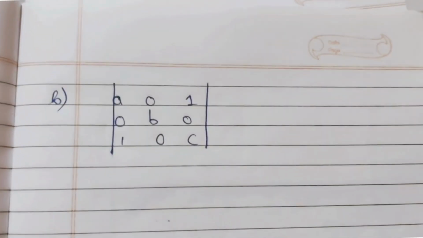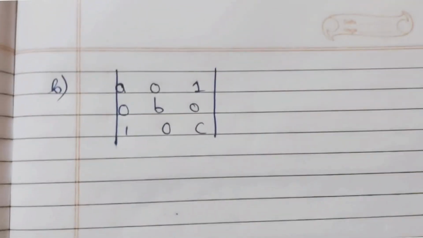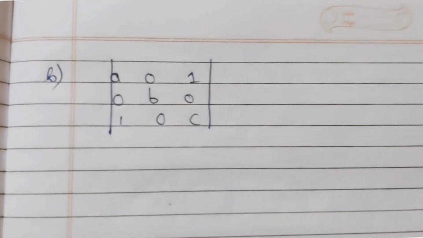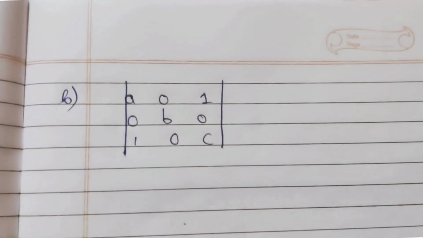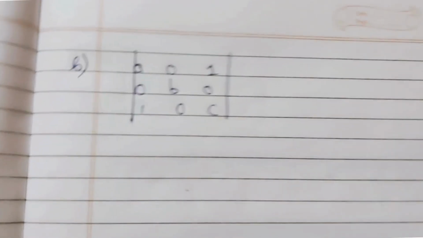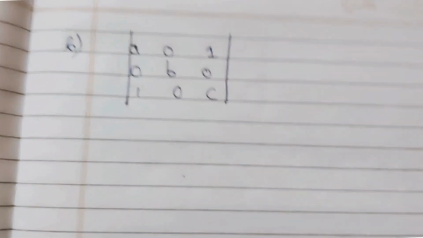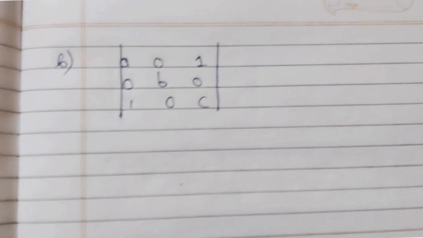In this video I am going to explain some examples of the 3 by 3 determinant matrix, and how we can solve them. I will show you that in this video. In the previous video I explained how we can solve 2 by 2 matrix questions and 3 by 3 matrix questions. In this video I will show you some examples, and then later we can go for the minors and cofactors of the determinant. So let's get started.